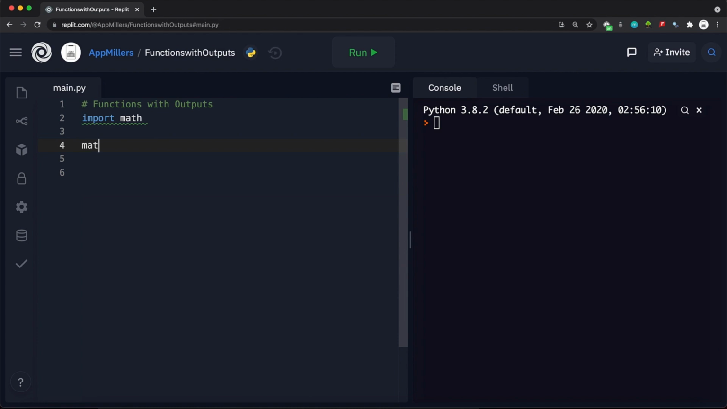For example, I'm going to use the square root function. So I'm just going to put math dot square root. In this case, it requires one parameter. As you can see, I need to put any number over here. For simplicity, I'm going to put 16. Now, if I run our code,